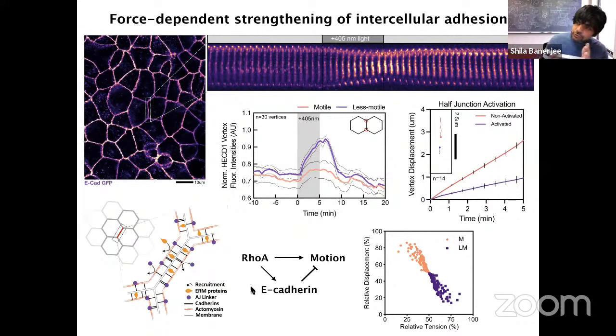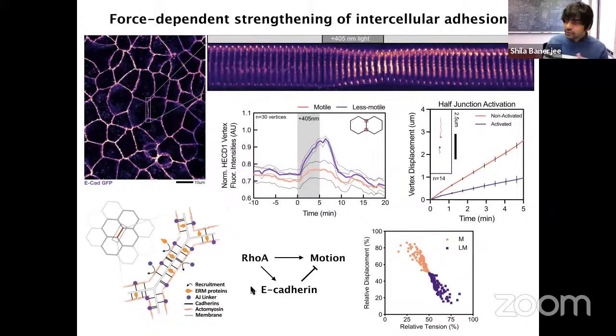With more Rho, you have accumulation of E-cadherin, and this force-dependent strengthening of intercellular adhesions can actually limit the motion, right? Okay, so all this necessarily means that we have quite a complex mechanochemical feedback system,